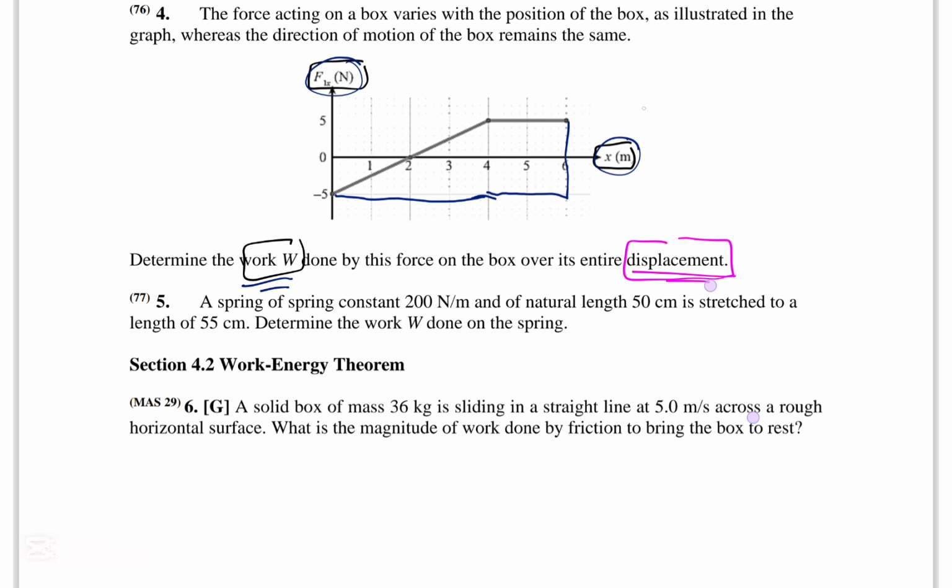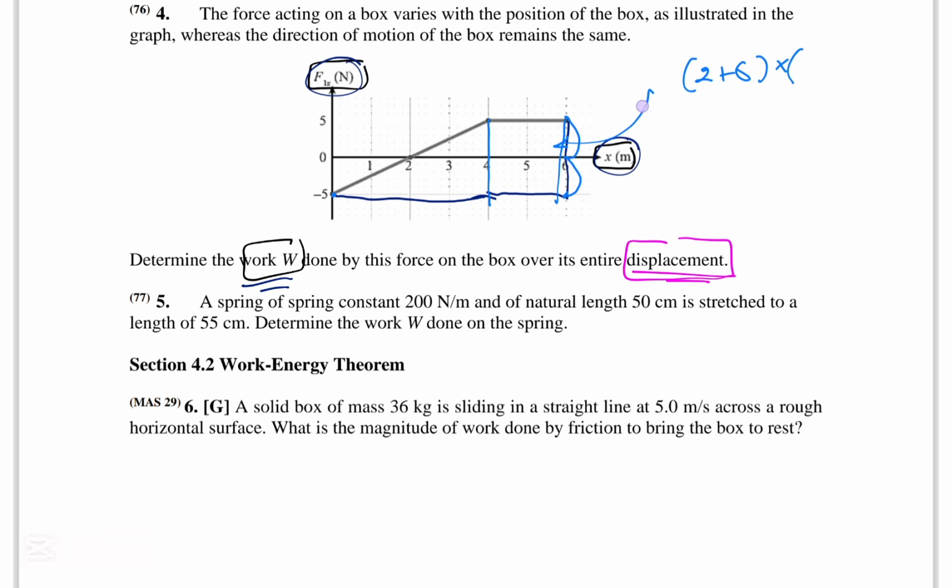So let's find the area of the graph. The area of the force position graph will give me the work. So here's a trapezoid. My first base is 2, so base 1 is 2, plus base 2, which is from 0 until 6, that's 6, times the height. Now pay attention to the height. My height is from minus 5 to 0, 0 to 5. So my height is actually,